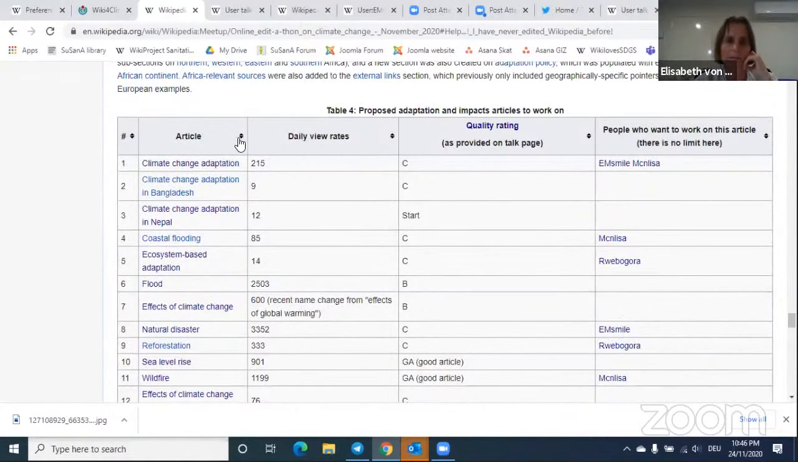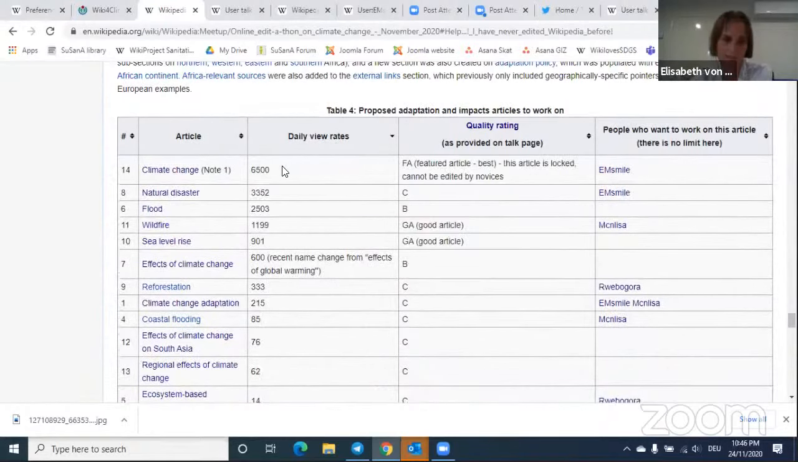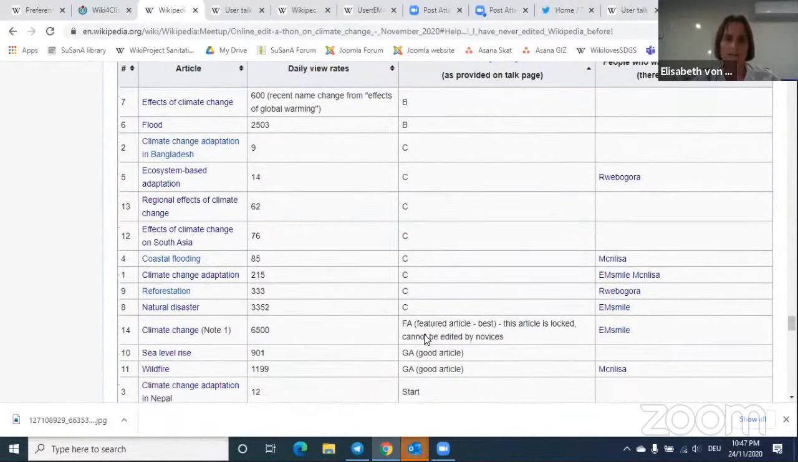So with these tables, you can click on this little arrow here. For example, if you click here, it sorts the table so that the article with the highest view rates, this one here, climate change, comes on top. So you might decide, I want to focus on articles with high view rates. Or you might decide the opposite, you want to start with the low view rates. And then the same here with the quality rating. You could say, I want to focus on articles that have a low rating, like C rating or start,